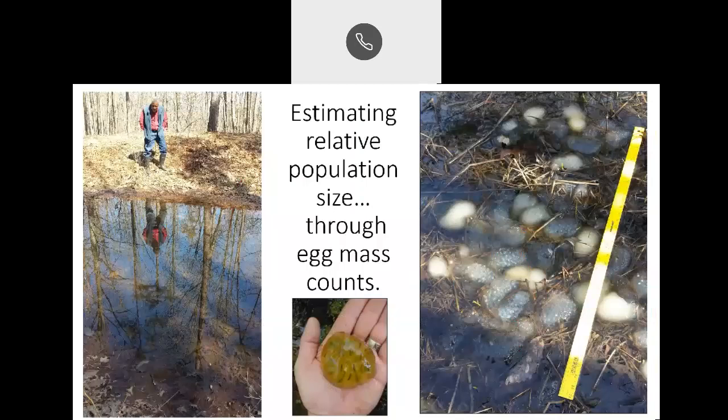Next. Now, very quickly, let me explain why amphibians are so important. We use a technique of estimating relative population sizes around these wetlands to sort of categorize their priority for conservation concerns using egg mass counts. So here's my buddy Hubert, and he's helping me visually count the egg masses of spotted salamanders, which you see here in a site. And that's used to extrapolate this population size estimate.